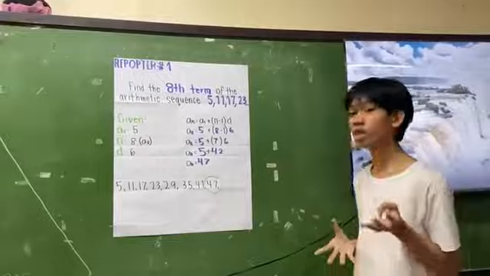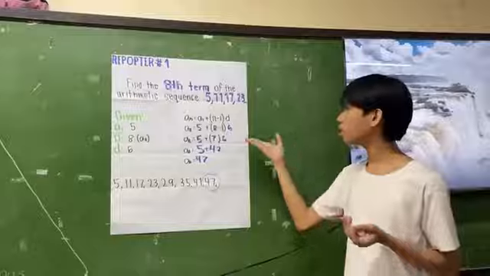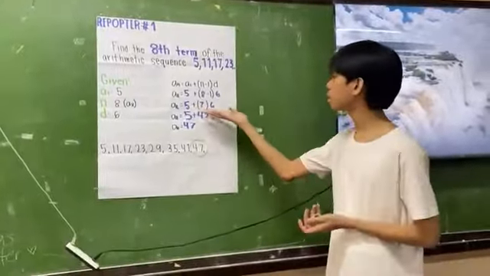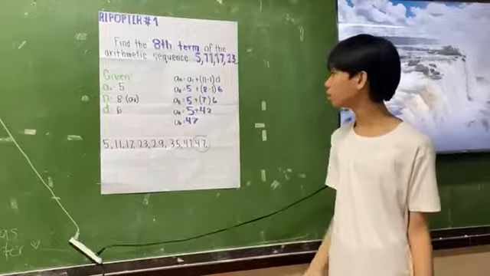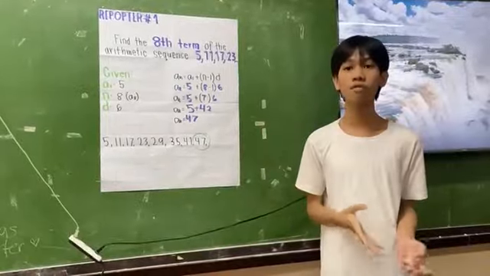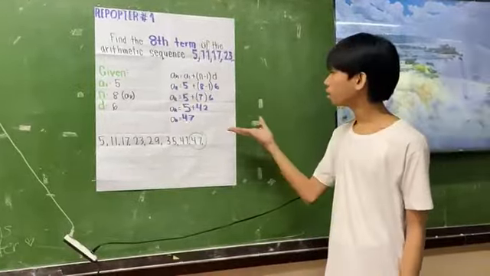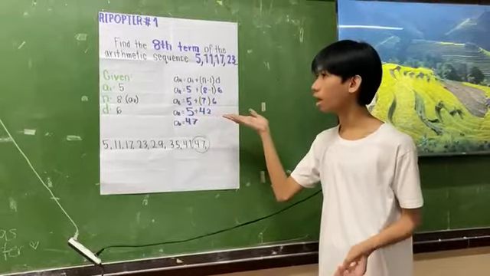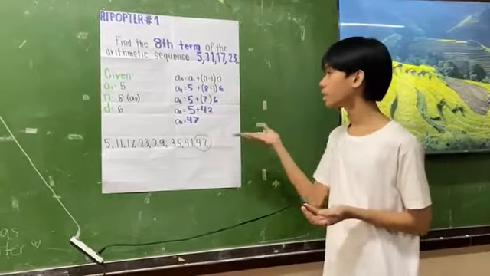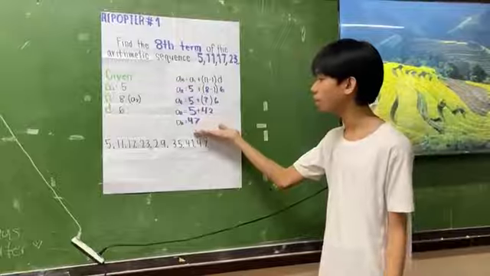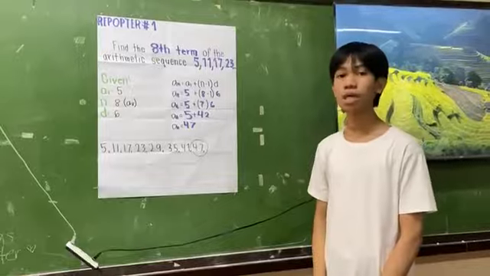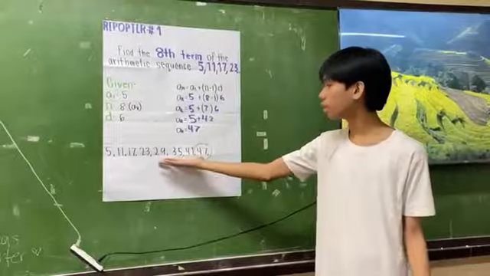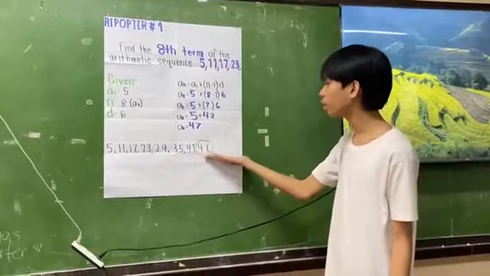The first thing that we are going to do is subtract 1 from 8. So the answer that we got is 7, and multiply that by 6, which is our common difference. The total is 42, and add that to our a sub 1, which equals 47. That completes our arithmetic sequence, which is 5, 11, 17, 23, 35, 41, and lastly 47.